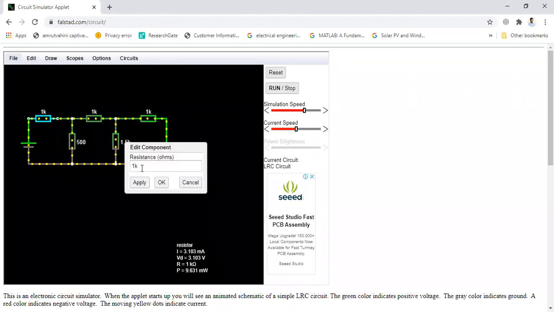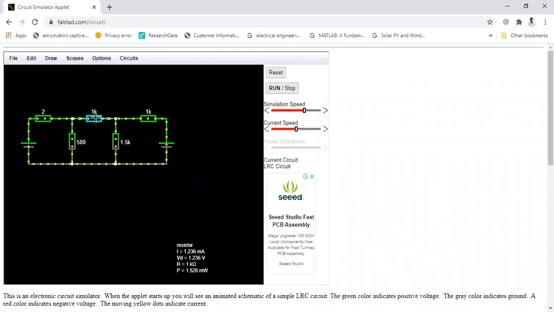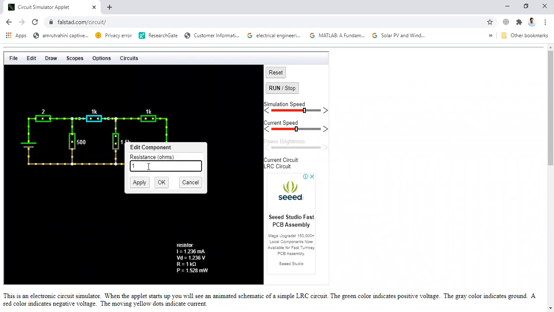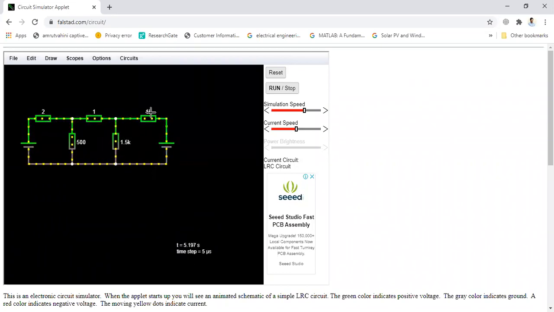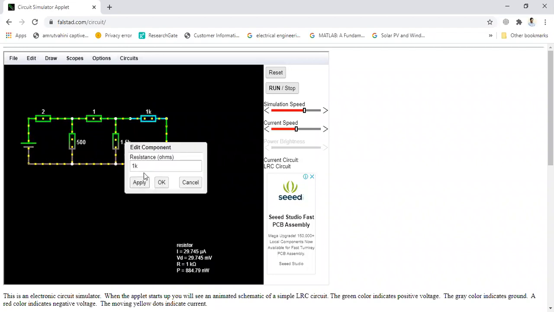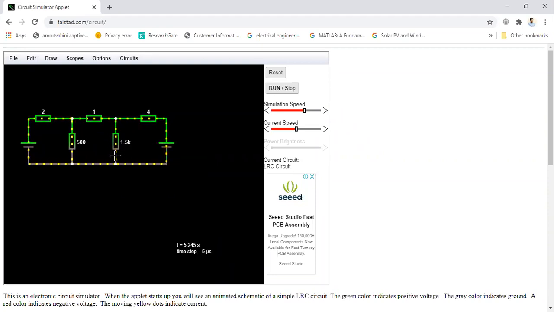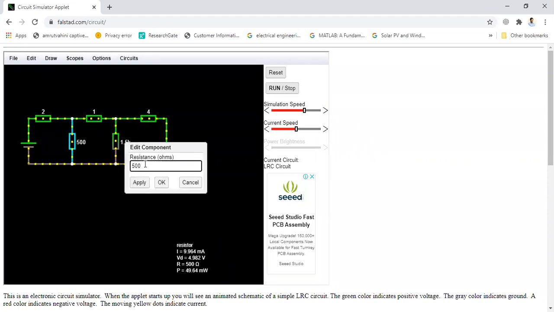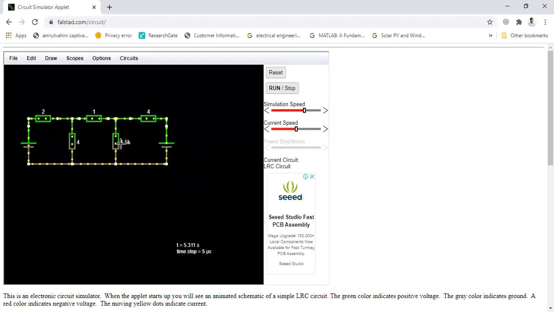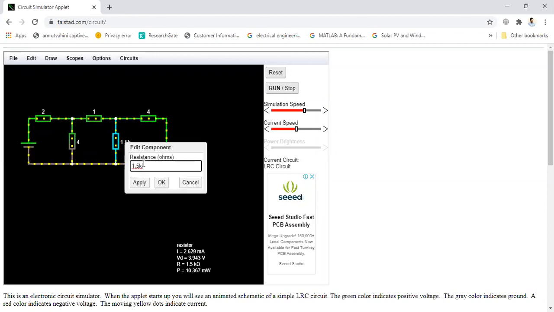This one is 2 ohm. This one is 1 ohm. This one is 4 ohm. This one is again 4 ohm, and lastly this one is 6 ohm.